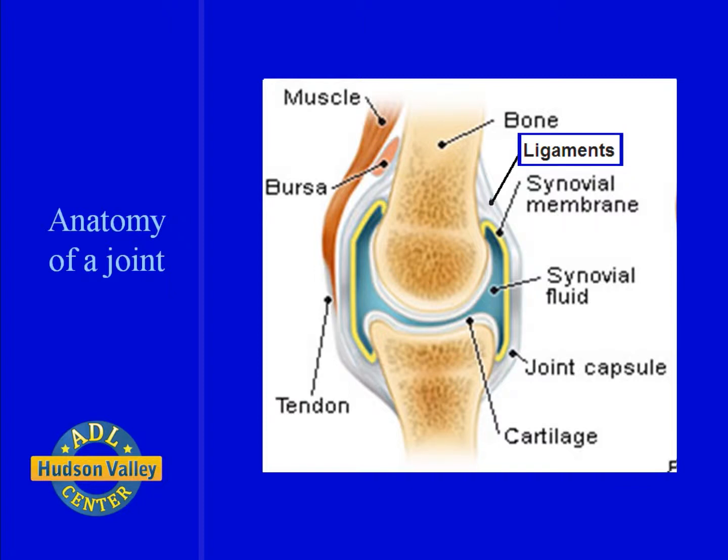Ligaments are tough, elastic bands of connective tissue that surround the joint to give support and limit the joint's movement. Tendons, another type of connective tissue on each side of a joint, are attached to muscles that control movement of the joint. Bursae, fluid-filled sacs between bones, ligaments, or other adjacent structures, help cushion the friction in a joint. Synovial fluid is a clear, sticky fluid secreted by the synovial membrane.